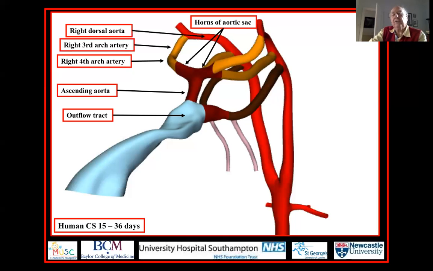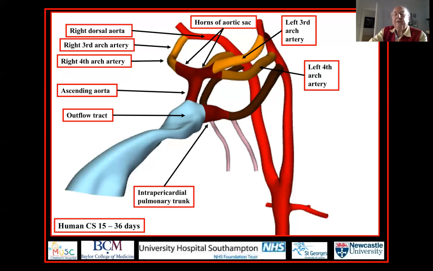That then continues as the right dorsal aorta, meeting again the right fourth arch artery. Turn your attention to the left side, and still we see symmetry. So there cranially, the left third arch artery running in parallel with the left fourth arch artery, a little bit of space, and then arising from the caudal part of the aortic sac, which by now from its floor is